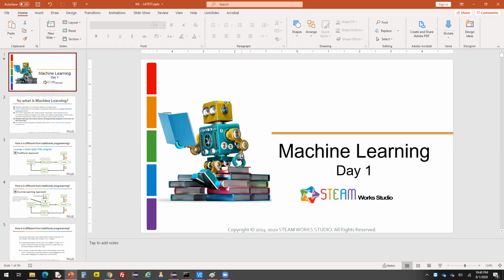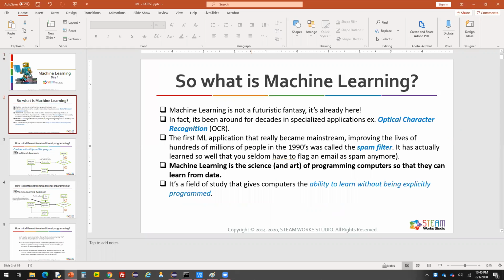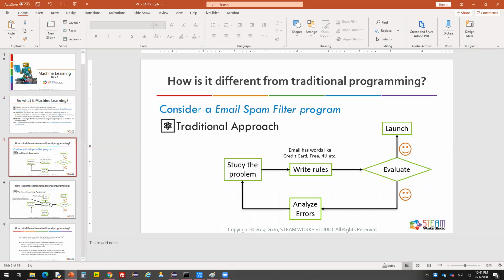So what is machine learning? Well, machine learning has been there in various shapes and forms for a long time. You might think it is something very futuristic, but it's already there and has been there for some time. Things like spam filters that you might be aware of are key applications that use machine learning on a daily basis. There are many kinds of algorithms that are machine learning, and there are many approaches